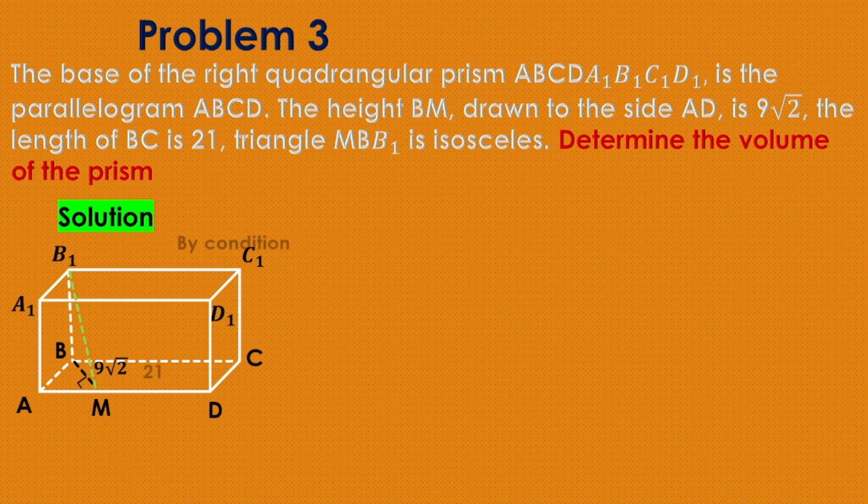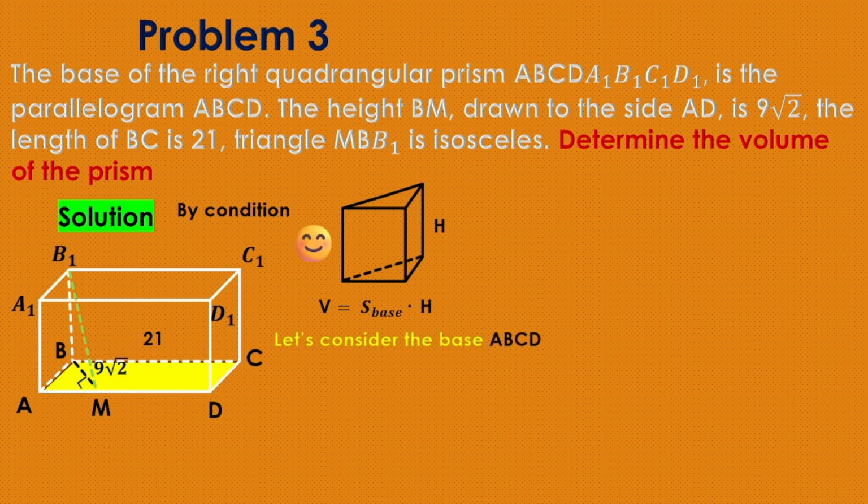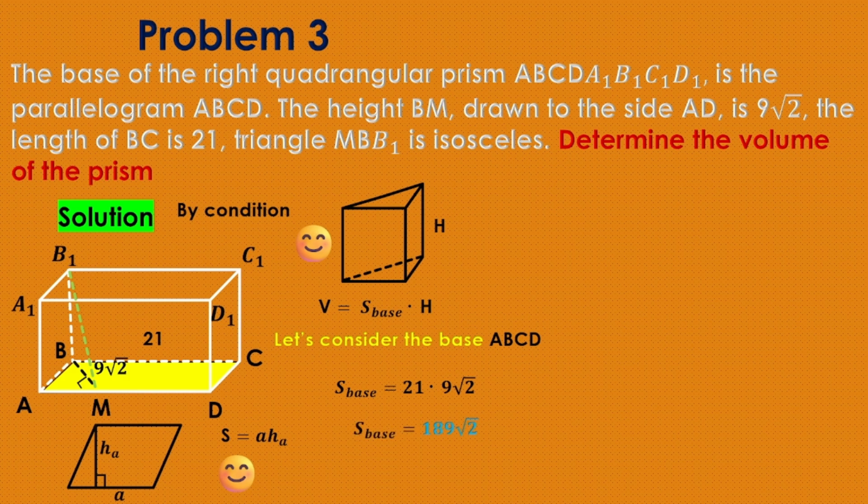Solution. By condition, we are given that BC equals 21. So let's immediately recall the formula for finding the volume of a prism. Let's consider the base of the prism ABCD. I highlighted it in yellow. And let's recall the formula for finding the area of a parallelogram, since the base of the prism is a parallelogram. So the opposite side to BC, which is AD, will also be equal to 21. And we can now easily find the area of the base of the prism, which will be equal to 189